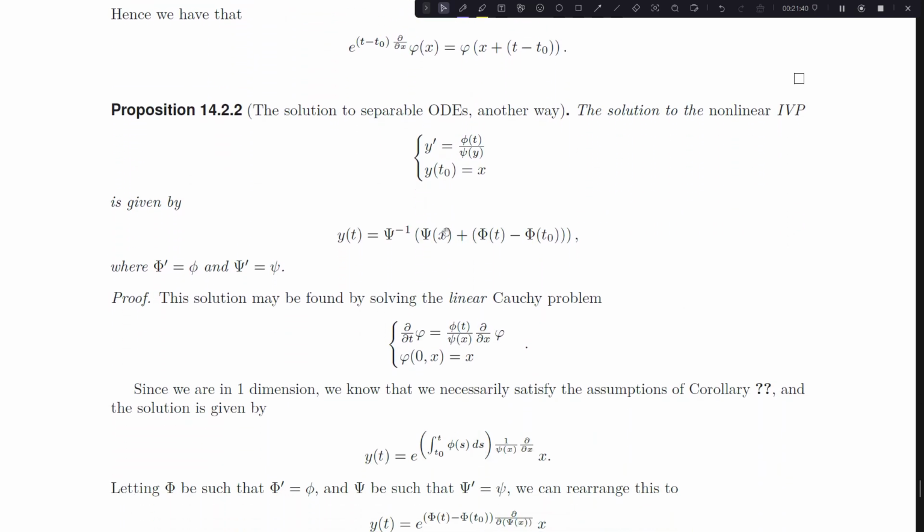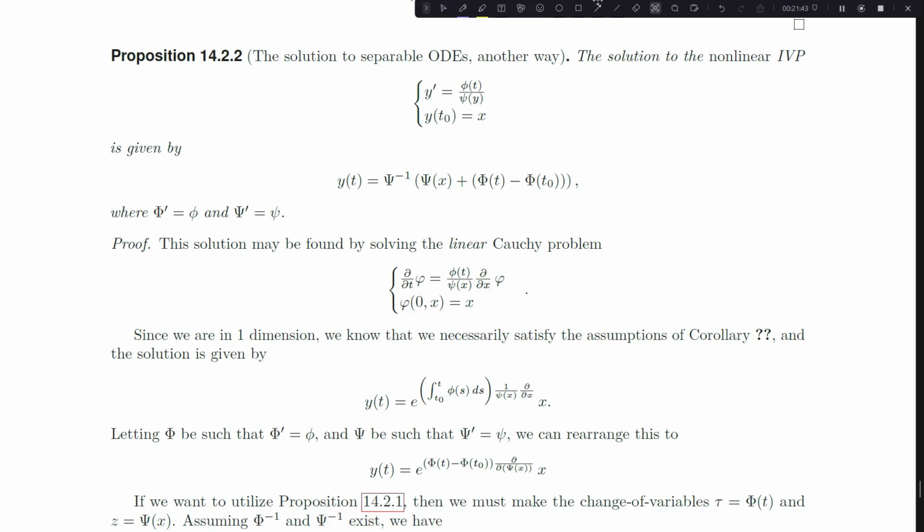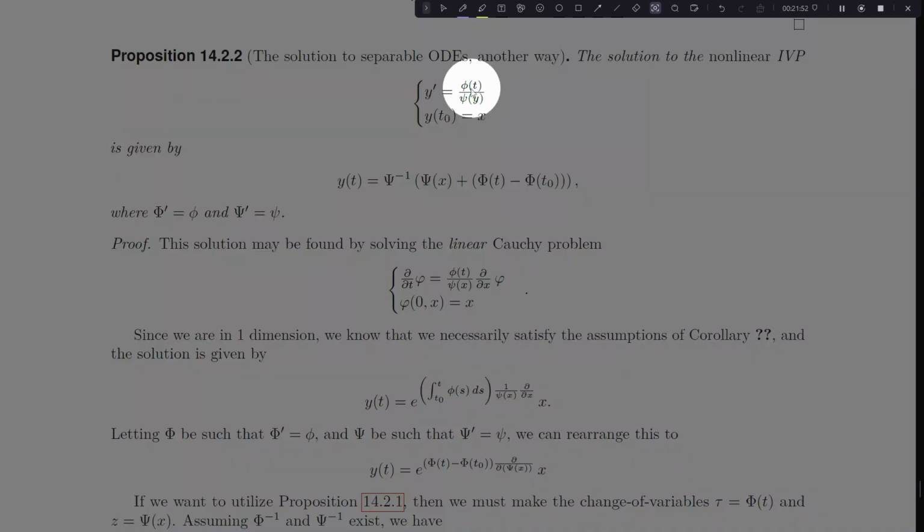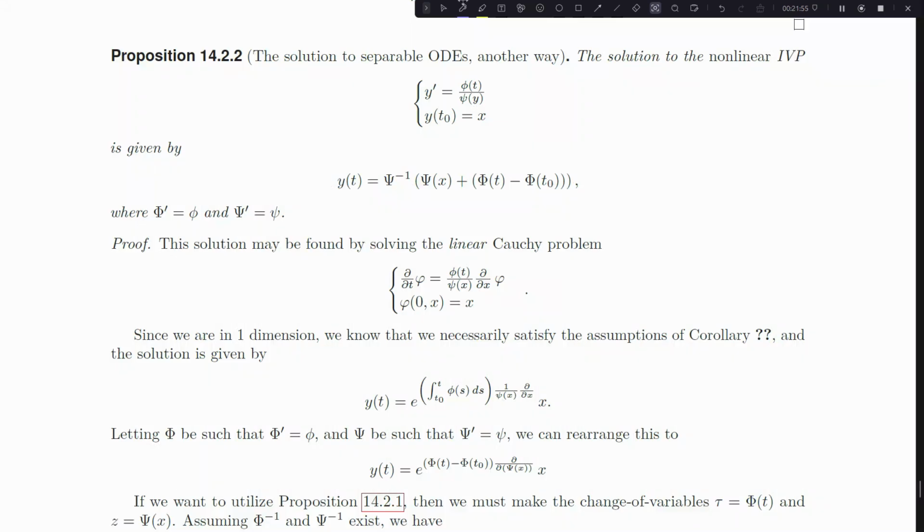So we can use that to go to the next proposition, which is the solution to separable ODEs another way. If I start with my nonlinear IVP here, which I know I can solve with the separable method, I have a phi of t over psi of y. If I jump back to my separable methods back in chapter 11, then I have a solution of this. But in fact, I also know I have a solution of this using these operator exponentials, and that's really something cool to talk about. This is the same solution it looks like in chapter 11,